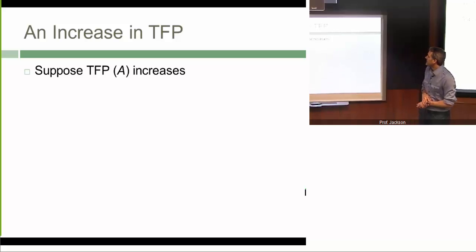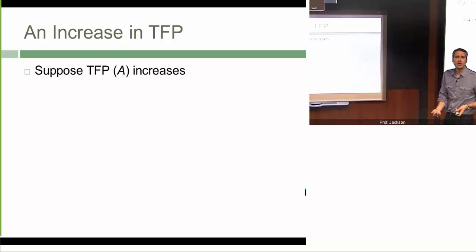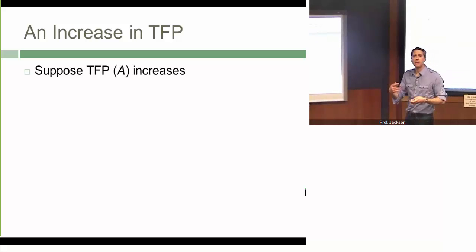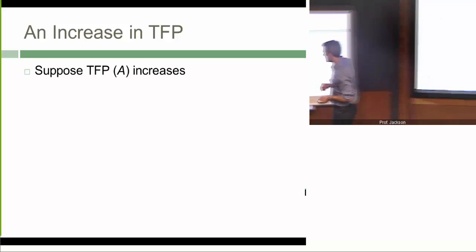So the third basic example is looking at the effects of total factor productivity, or TFP. And that, again, is through this A parameter. So here we're going to assume that there's an increase in total factor productivity, or an increase in that A parameter. Now, we're not going to talk about where or why that might occur. We're just going to assume it's going to happen. And I'll talk at the end of this about interpreting total factor productivity, where it comes from and why it's important. So again, if we go back to the smartboard,